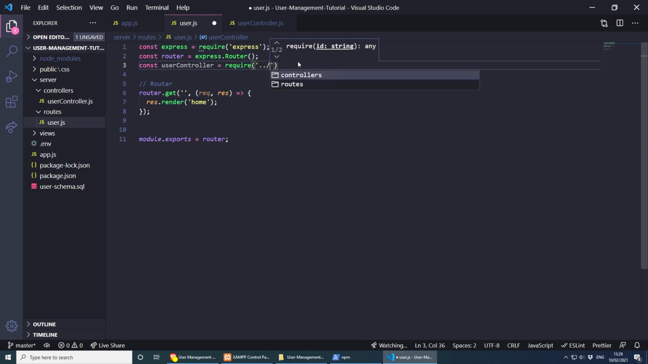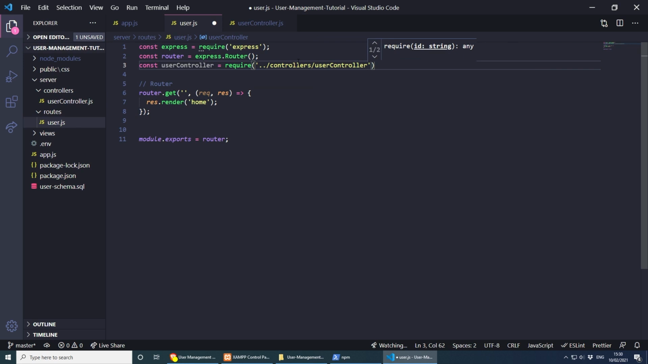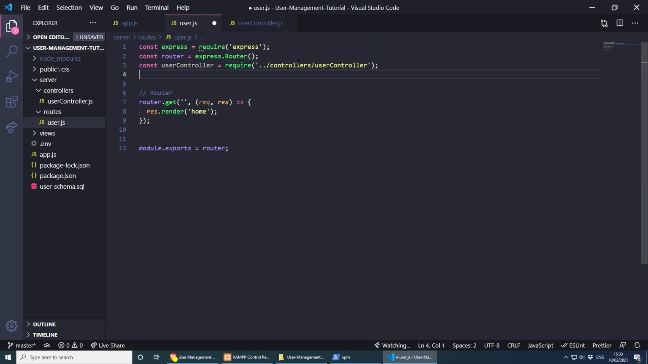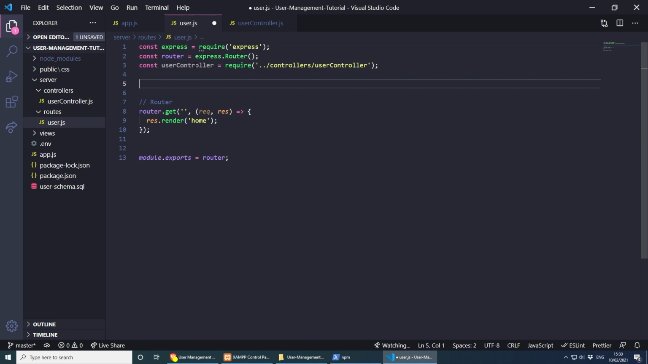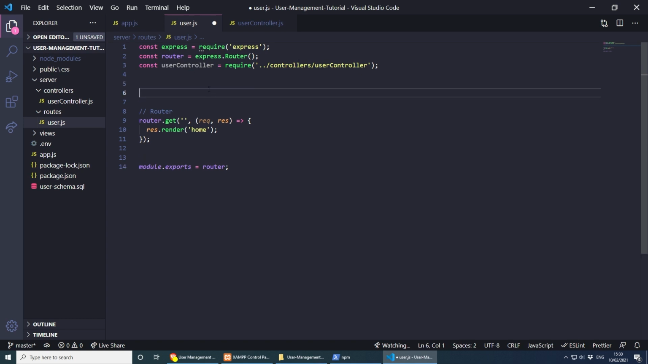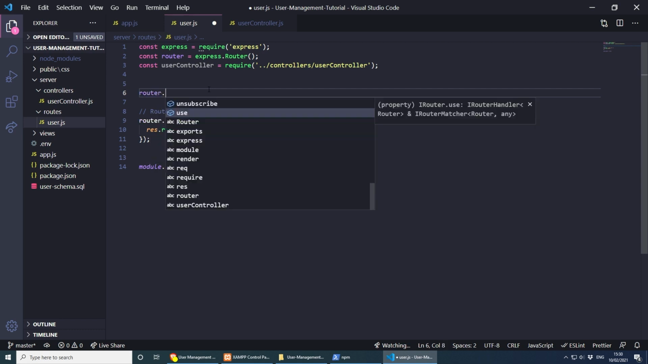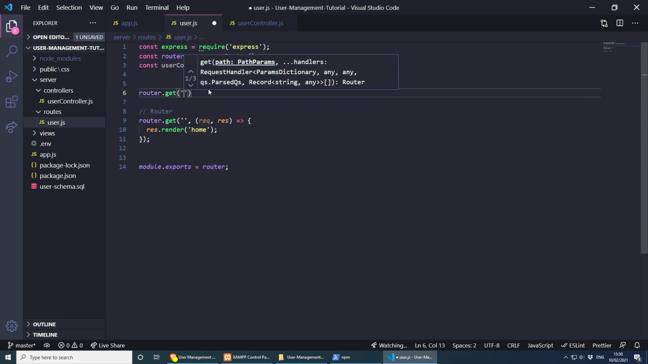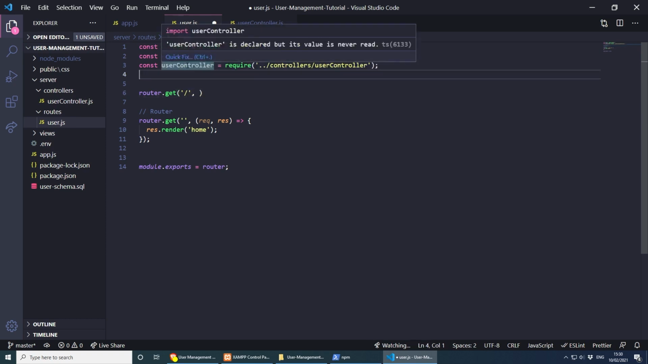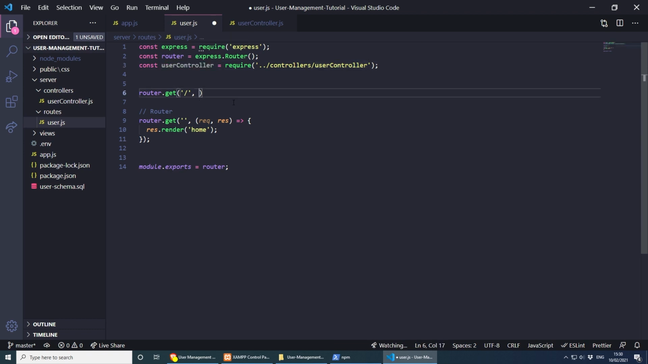Okay, two dot controllers, and then we need to select user controller. We don't need to specify JS, and we can just close this. And now in order to use this user controller, we can do router dot get, and because we want to hit the home page, we can just do slash, then comma, and then we can specify the router that we want to use, so user controller, and then we need to specify